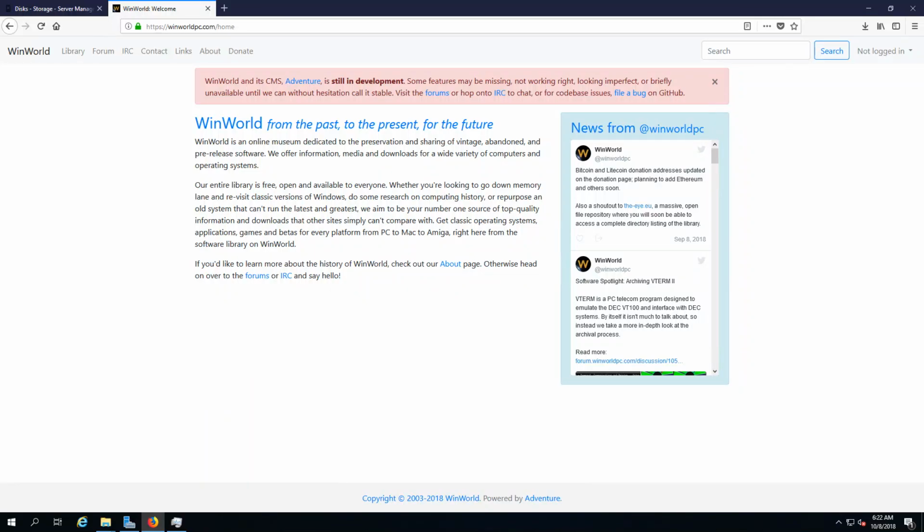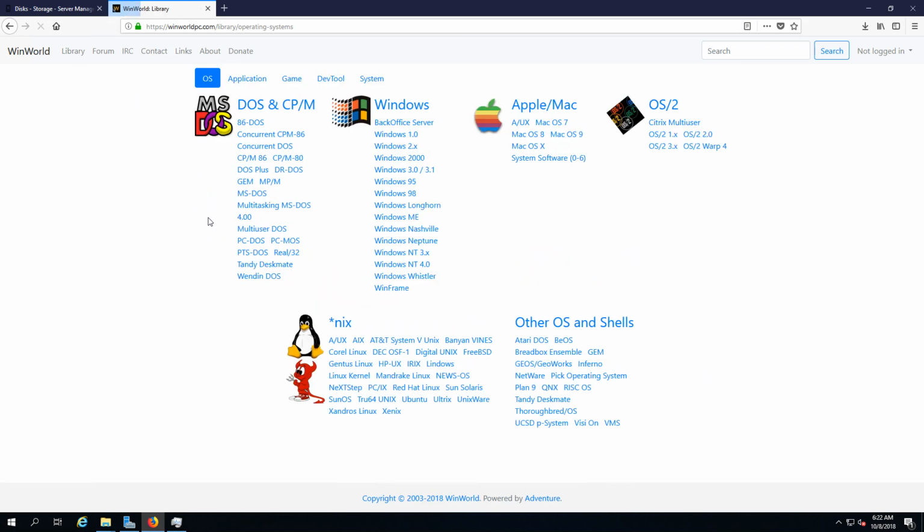Hello there guys, once again, and today we're gonna install Windows 3.1 on PC emulator. So yeah, let's get going. It's pretty simple. So first things first, we gotta download Microsoft DOS,